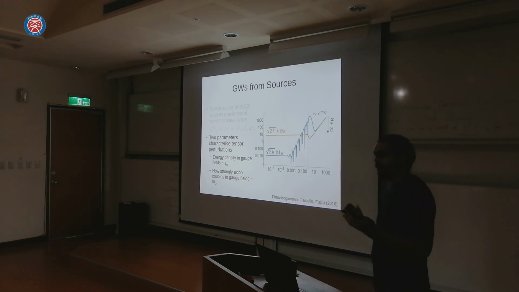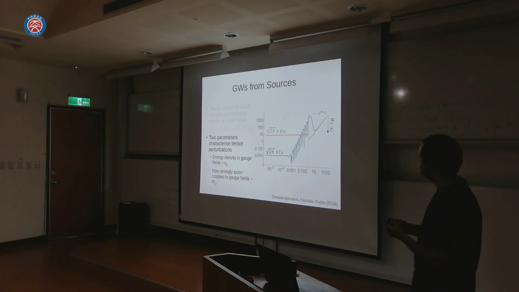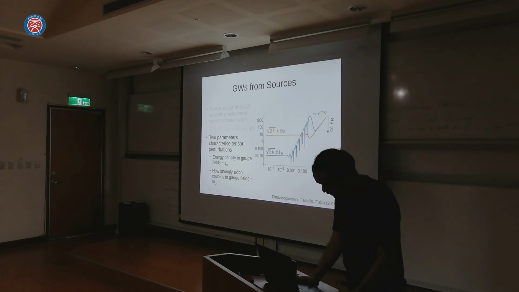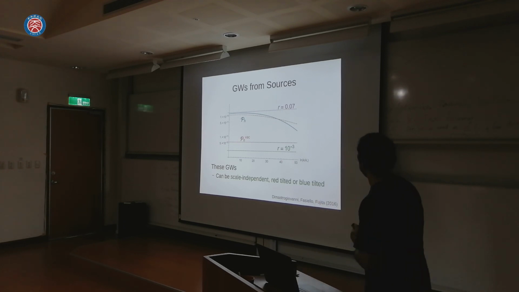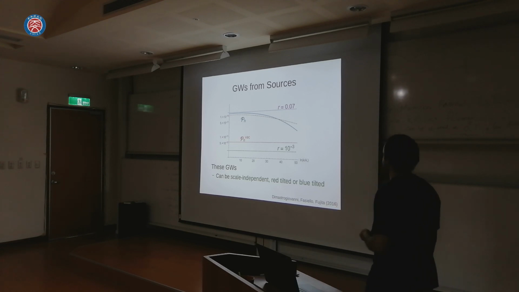Okay, but just with the amplitude, you cannot really distinguish where the gravitational wave is coming from, because a higher amplitude gravitational wave might equally well come from an inflationary era with a larger Hubble rate. So we can look at the power spectrum and how it varies as a function of wave number. That is shown in this plot. Please just focus on the blue line here, which shows the power spectrum of the sourced gravitational waves. So these are gravitational waves sourced by the gauge field.